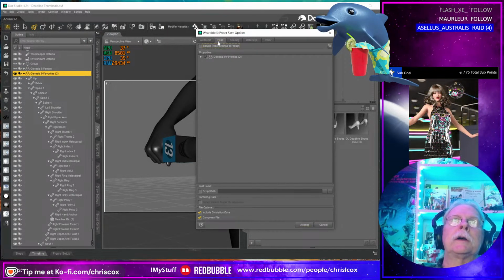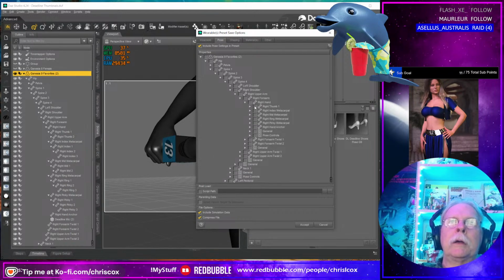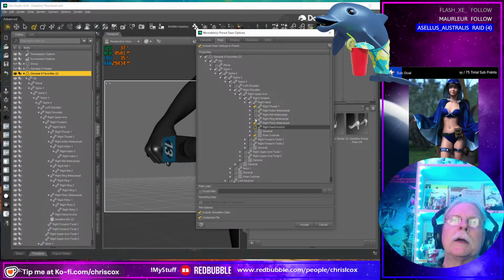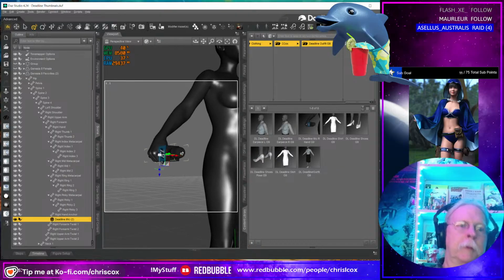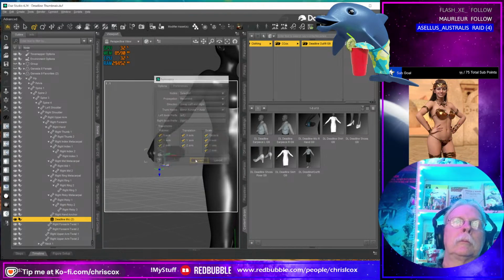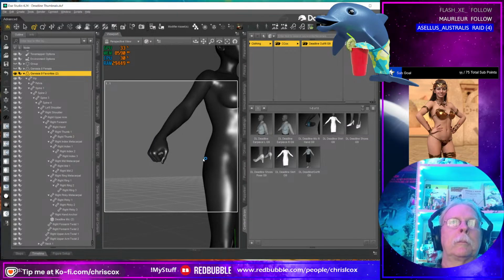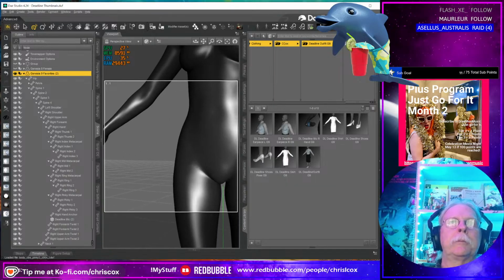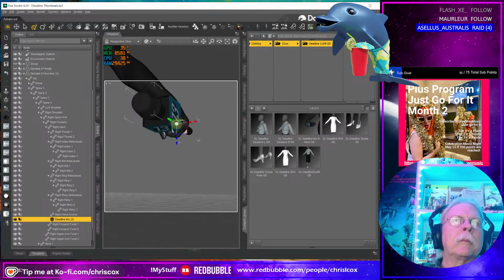Okay, uncheck the eyes. Let's save the pose. We're looking at the right side, so we're going to go down this way and just check everything but general right here. Accept that. Okay dokey. Shift Y to that. And Shift Y on that. And let's see. We should be good. Nope.